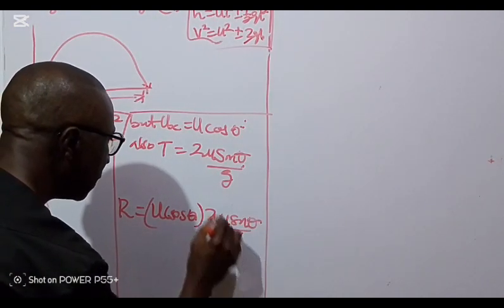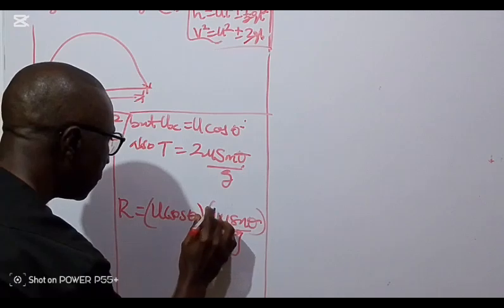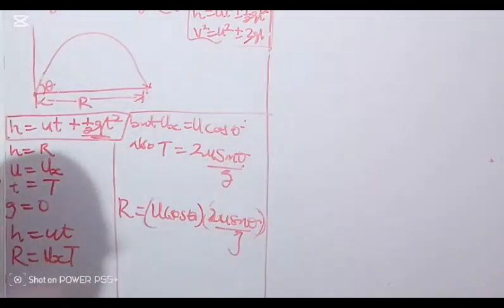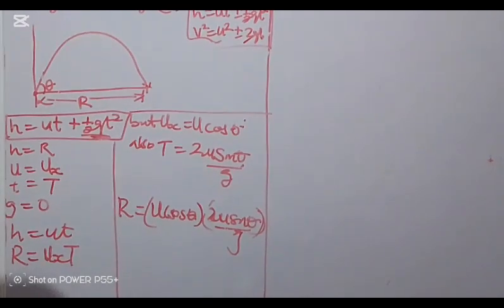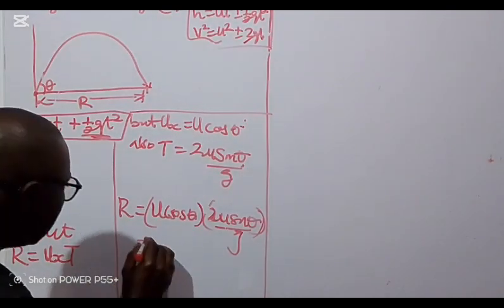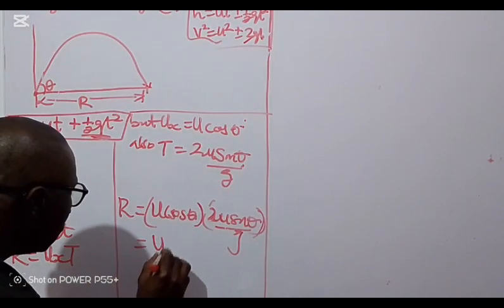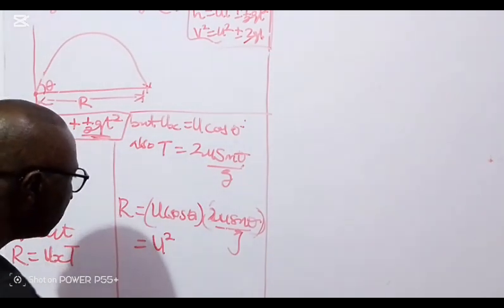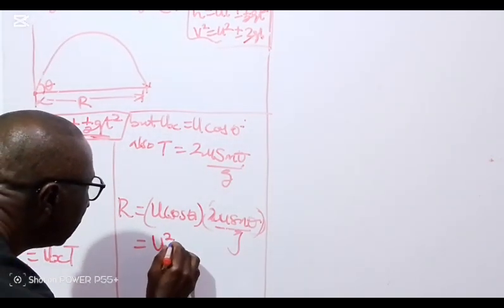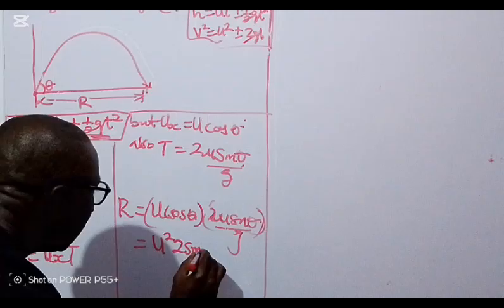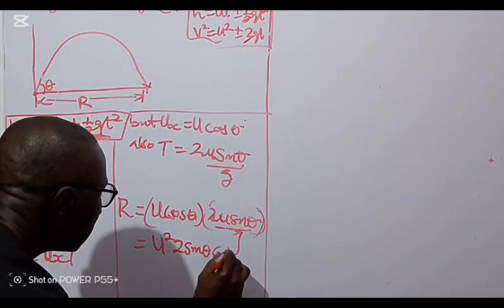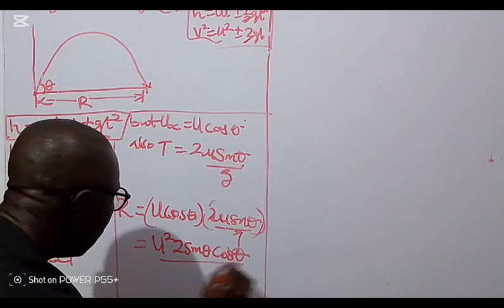So when we write the two together and open the bracket, we are going to have u squared 2 sine theta cos theta over g. And if that is the case,